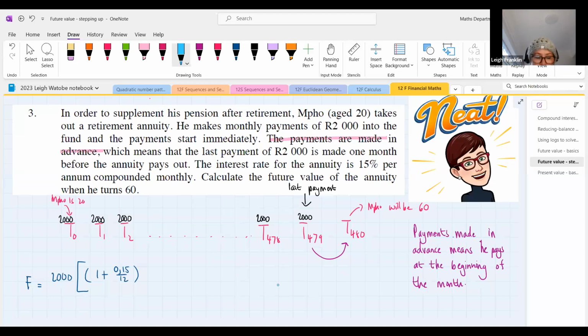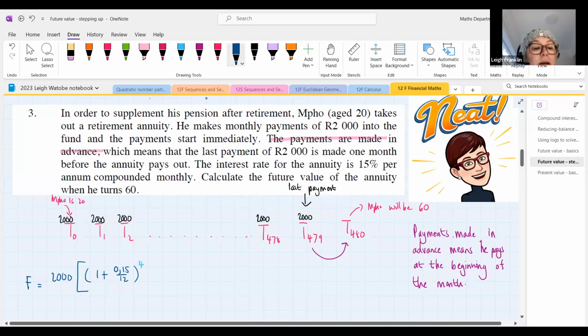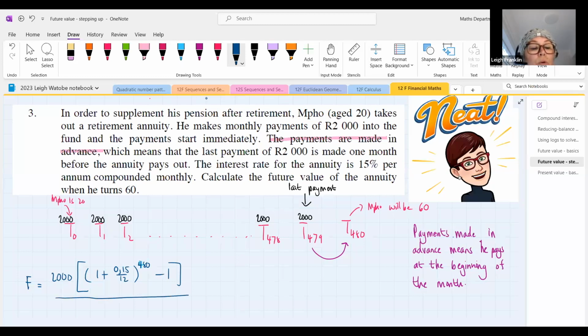That's the difference. Because we are starting to count at T0 and we end at T479, it means there are 480 payments. Mamelo, you are on the right track. Yes, absolutely. We're going to get there. Good job. So here let's just change this to a bit of a darker color. We're going to put that at 480 minus 1 all over